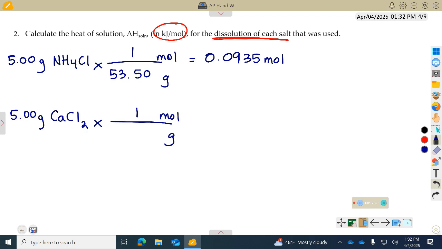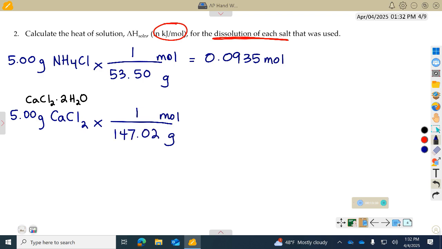Now, one thing that I should mention, the calcium chloride that I used was actually a hydrate. I think we talked about hydrates, oh gosh, maybe even back in September. I used calcium chloride dihydrate. It's not a big deal. It's just that there's a little bit of water in the crystal structure. But when I find the mass, it needs to be the mass of the calcium, the chlorine, and the water. So with the water combined, the mass is about